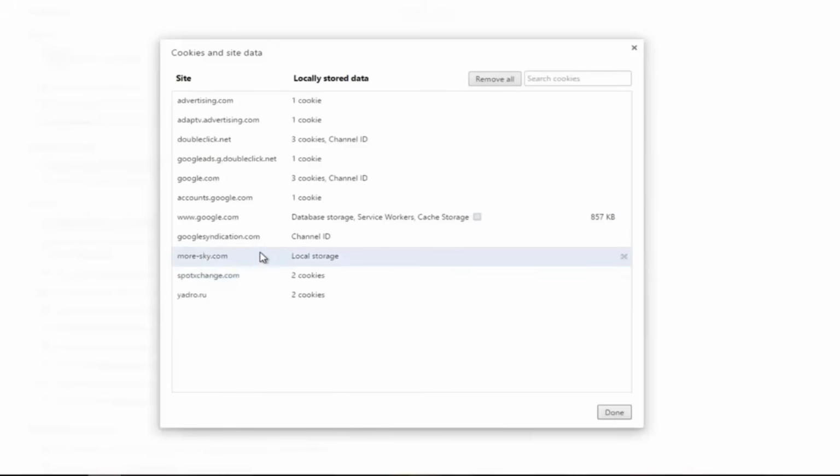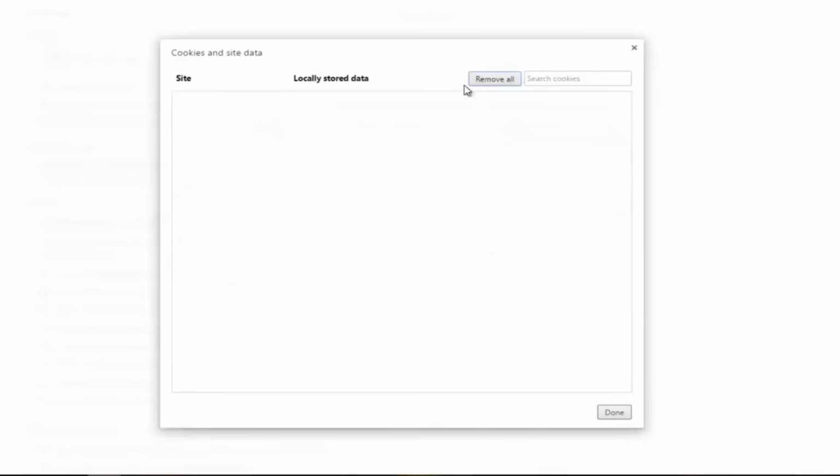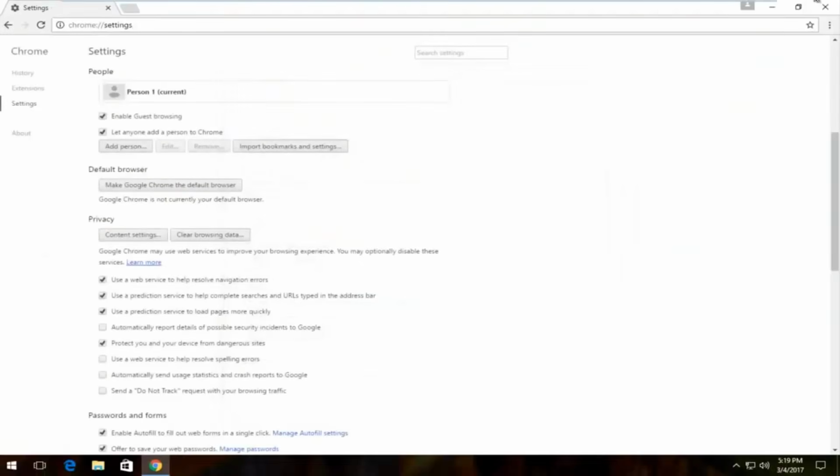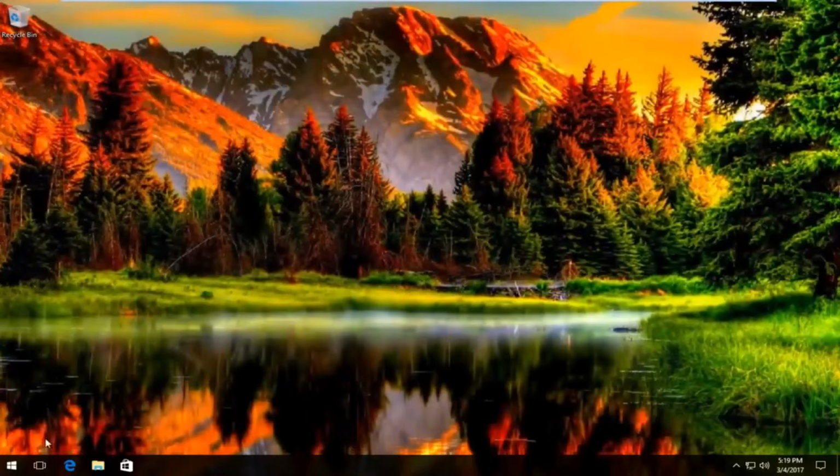That'll delete the cookie. You can also remove all, so worst case scenario, you cannot locate yours for the website you're having the problem with. Just remove all, and then restart the browser after closing out of these windows, and hopefully your problem has been